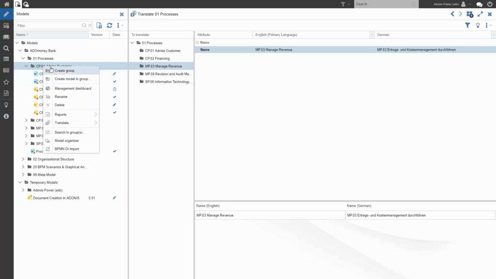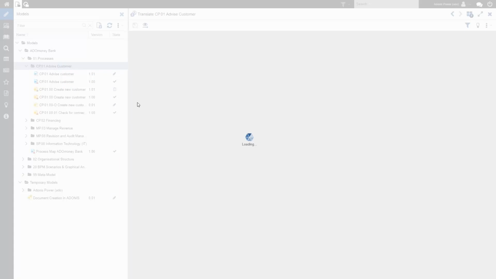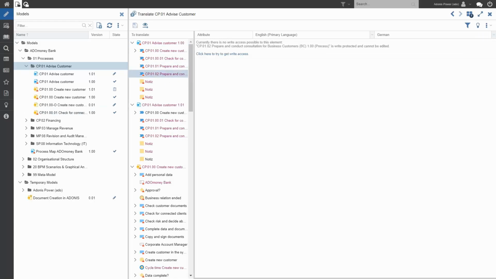If we just do an example here, we can try and translate the models. It'll also let you know that it's not possible to do the translation on any of the release content because you don't have write access here. So it will just let you know where you're restricted based on what's released and what's not released from what you select in the dialog.